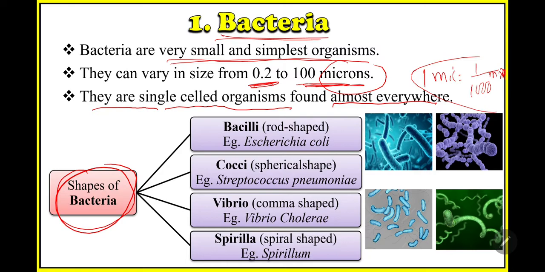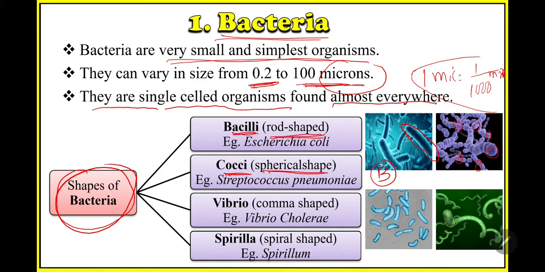The first is bacilli. Bacilli means the bacillus group, where the shape of the bacteria is mostly rod shaped. So this is your bacillus. Just look at the shape. This is some rod-like shape, a straight shape. Then the second type is cocci. Cocci means these are spherical shaped. Look at this. These are round like spheres. So these are your cocci group.